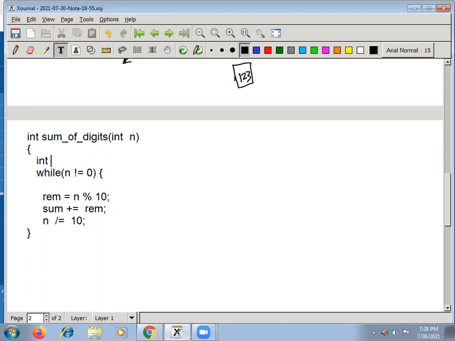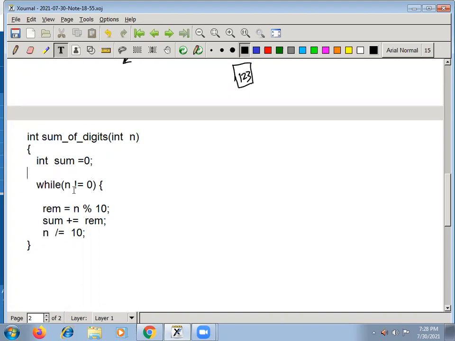Here you define a variable called sum is equal to 0. Then n is already available to you, so while n not equal to 0. Remainder is also required now, so you declare a local variable remainder here. Then remainder is equal to n mod 10, sum is equal to sum plus remainder, n is equal to n by 10. This will calculate the sum.